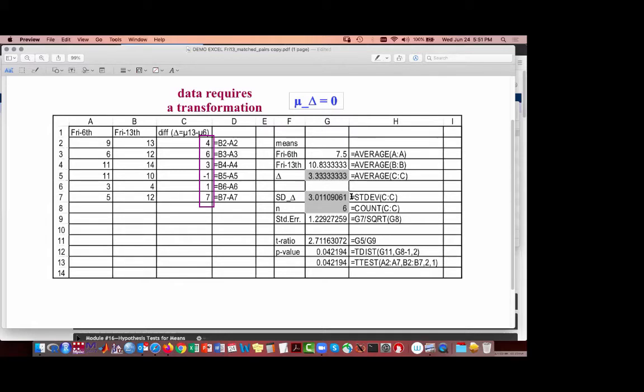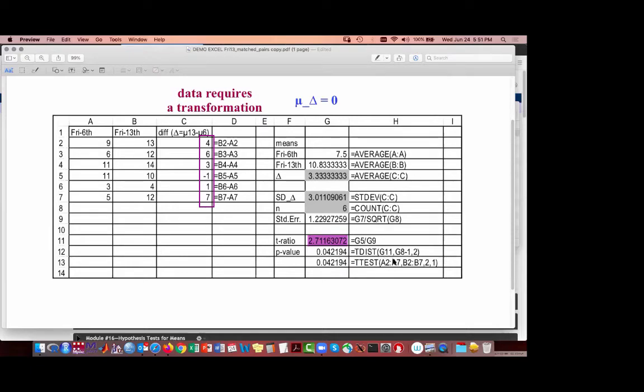The standard error is calculated the same way: I get the standard deviation of my differences and divide by the square root of the sample size. So this value here is my t-ratio.